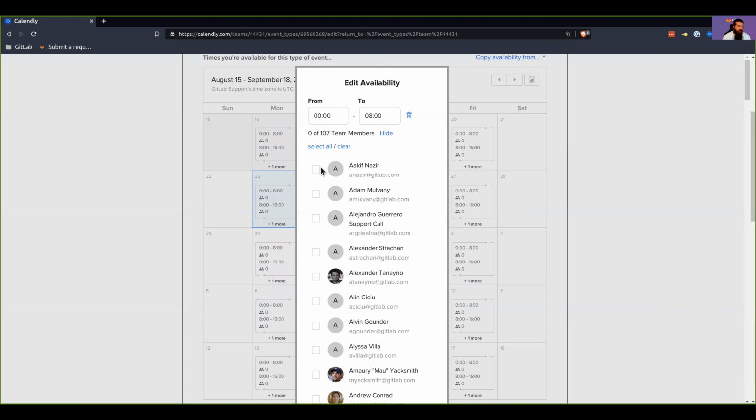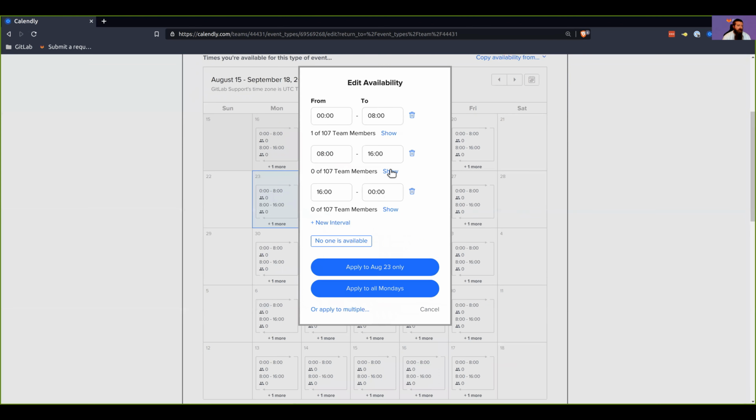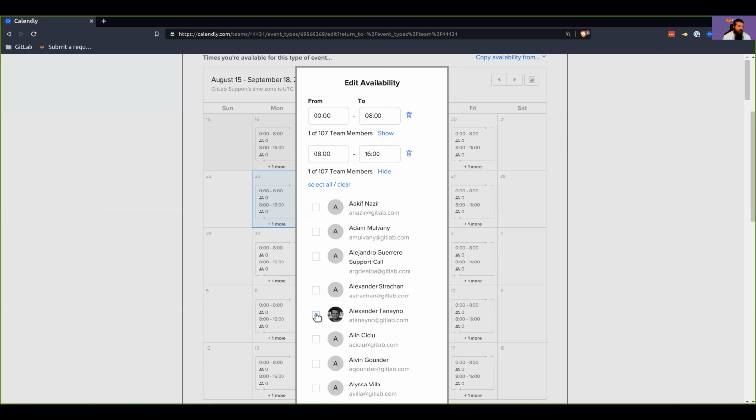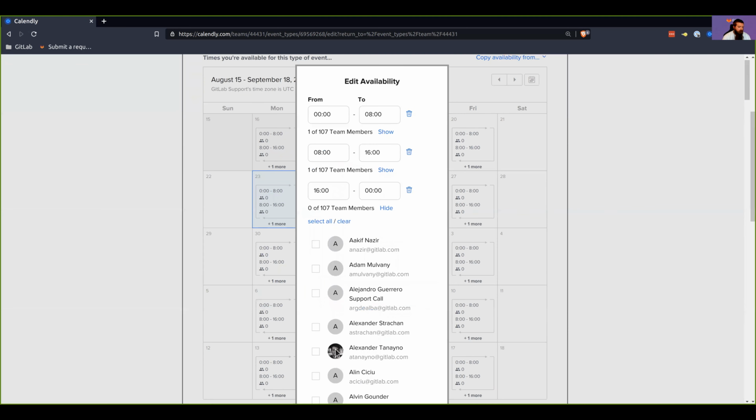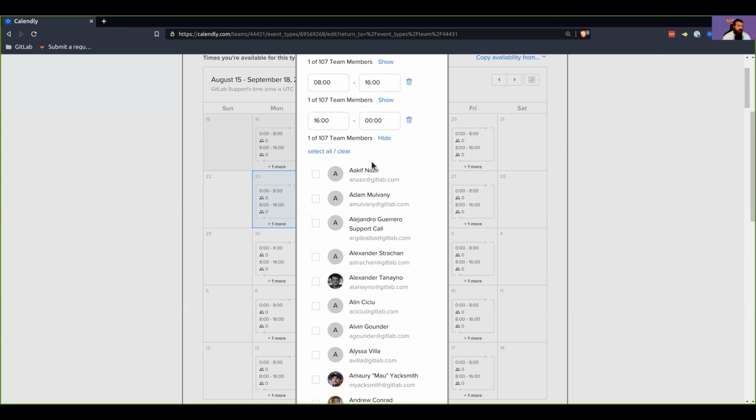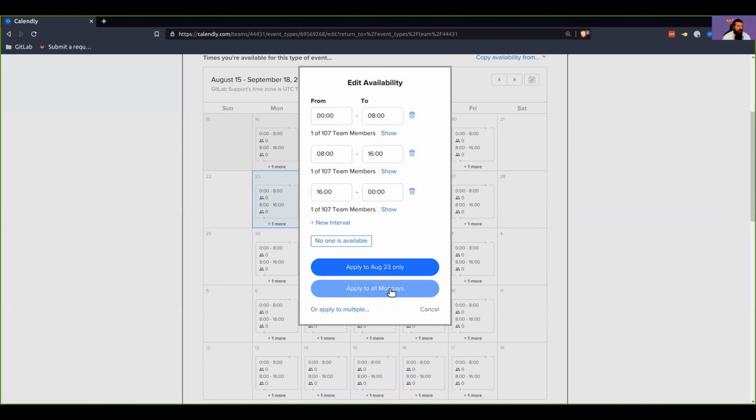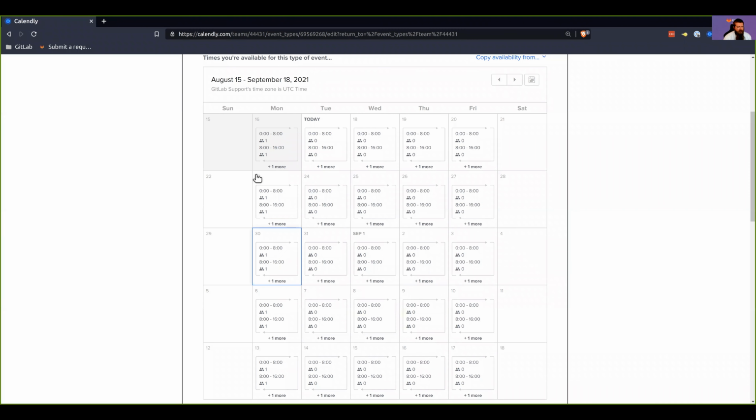So I could set him there. I could set Alex here. And let's set Anton there. And let's just apply this to Mondays. They only do this on Monday. So now you can see how it's updated to show 1, 1, and because there's more events, more intervals, it's